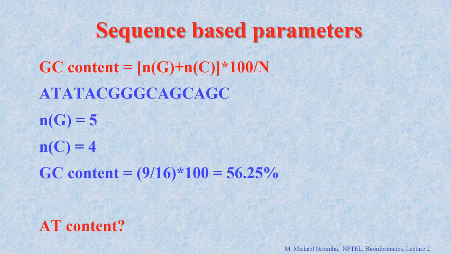I will explain a few examples now. If you have a sequence, for example, ATA, TAC, GGG, CAG, GAGC, what is the AT content or the GC content? Because this is